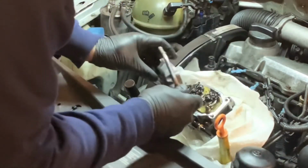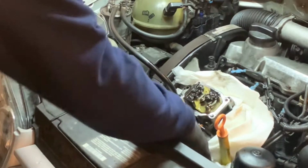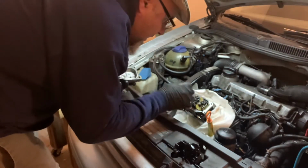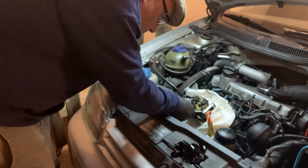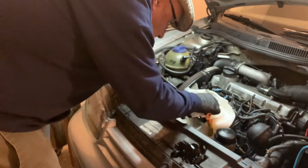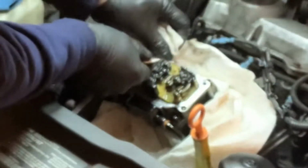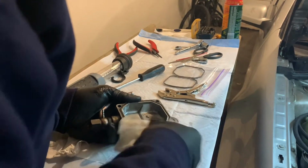That's a big mess. There's seal number one. Have to throw another one of these down. I think we're going to replace this first, cover it all back up, and then pop the other part off. Gonna give that a wipe. Don't like what's going on there. We're gonna give this a wipe first